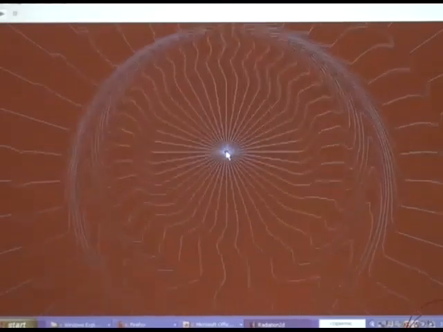So I'm going to just show you physically what happens if I grab this charge and slowly move it here. Of course, when I move the charge from here to here, I disturbed the electric and the magnetic field a little bit, but then it settled down because the charge came to rest. But while the charge was moving, it was an electric current. The electric field was changing, and the changing electric field changed the magnetic field. And then the changing magnetic field changed the electric field. And that's what makes the wave. The changing electric field makes the changing magnetic field. The changing magnetic field changes the electric field. And that's the electromagnetic wave.